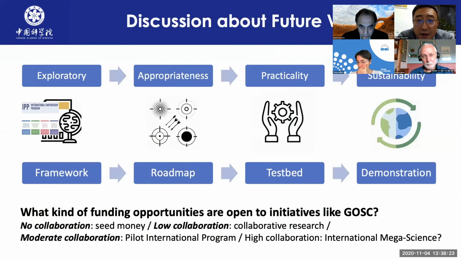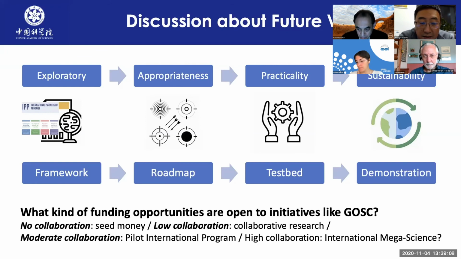So in summary, I think the Chinese Academy of Sciences support for GOSC is now undergoing the second phase with our international partners, which is the roadmap making and appropriateness making stage. We have been going through the stage of providing seed money, and we are now having some collaborative research,